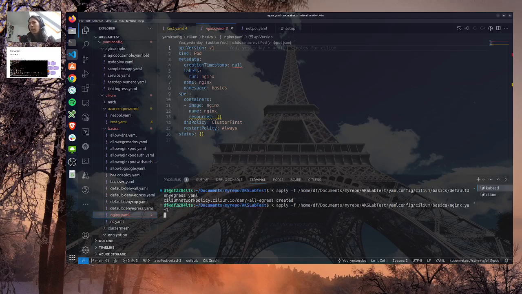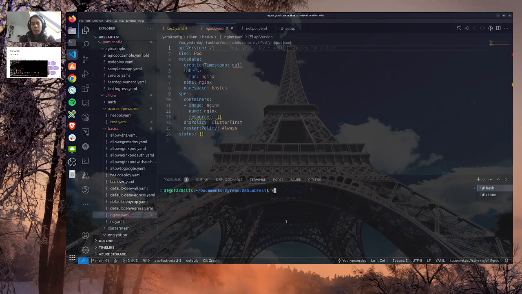Okay, and now what I want to do is check on my deployment the traffic. So we have two pods, so I can do a k exec -n basics. It will complete.